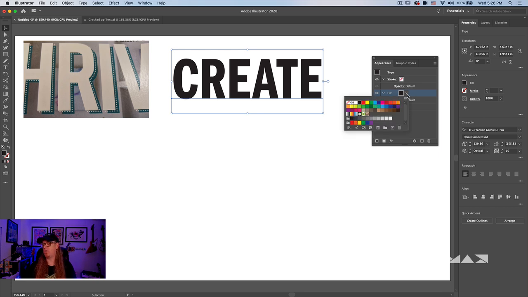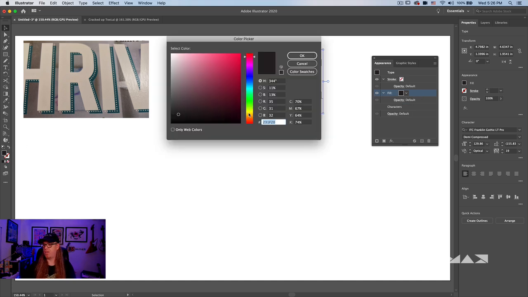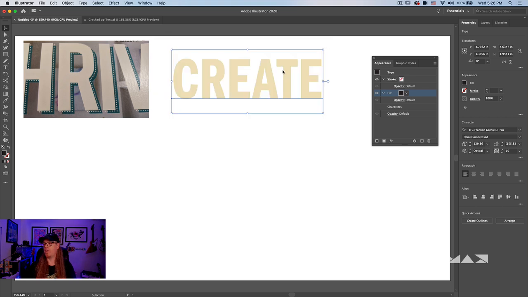And I'm going to choose some kind of light tan color for this. So I think I'm just going to go over here to my traditional color picker. Let's go into this kind of warm area, something similar to what they have. We'll press OK. And now I see three parts to this actual type. We've got a dark shadow and a dotted line. Let's make the dark shadow first.